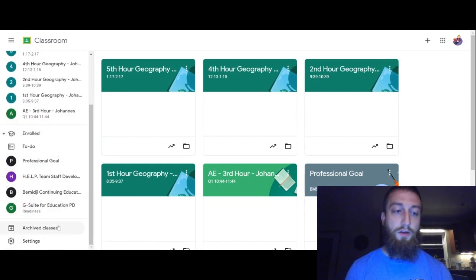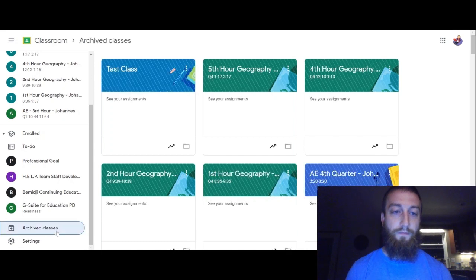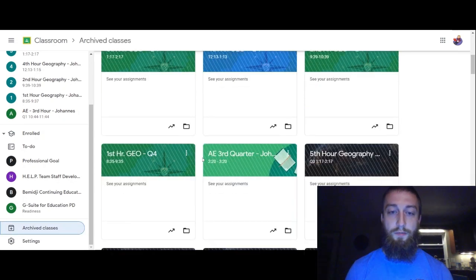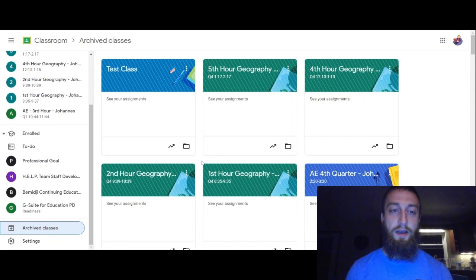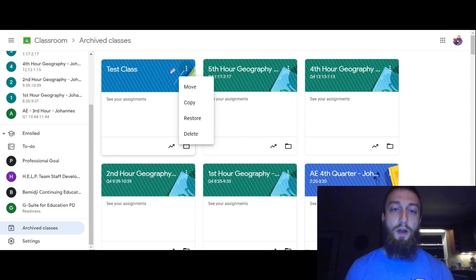So I would scroll down all the way to my archived classes here on the left-hand side. Click it, and you can see all the different classes I have archived. Once again, you'll click on the Options tab. Now, when you go to your archived classes, you have the option to permanently delete a class if you want to get rid of it forever,